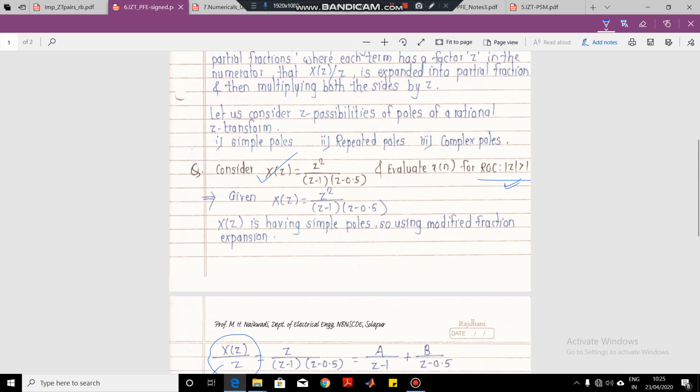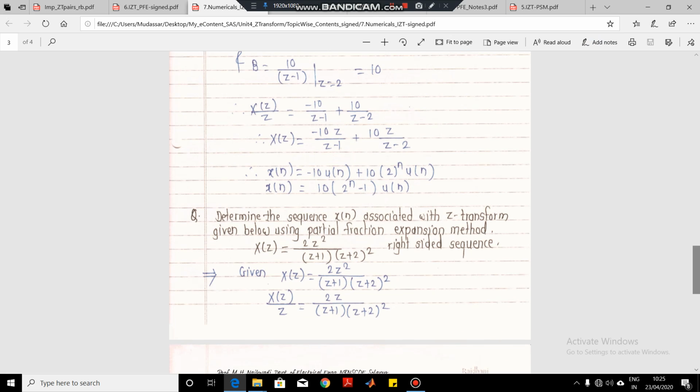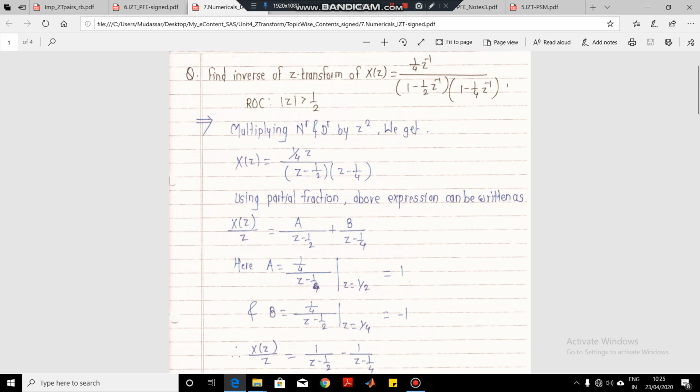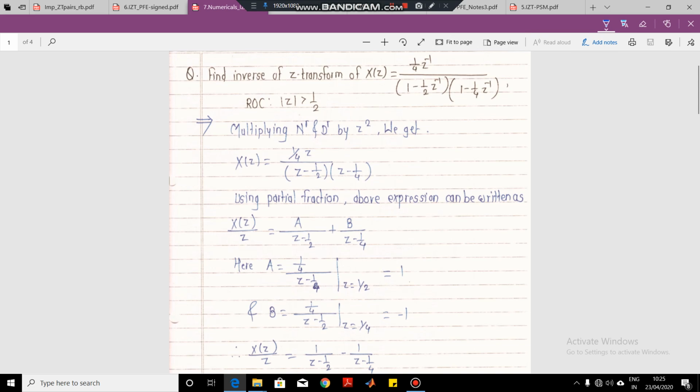Now in this case, there can be a variety of numericals for inverse Z transform. It can be different numericals wherein you will be given different Z transforms x of z with the ROC, and you have to find the time domain representation of such signals. If the numerical is specified in the negative powers of z, but when you want to solve it, you should have the standard form like this, x of z upon z. Now how to get this?